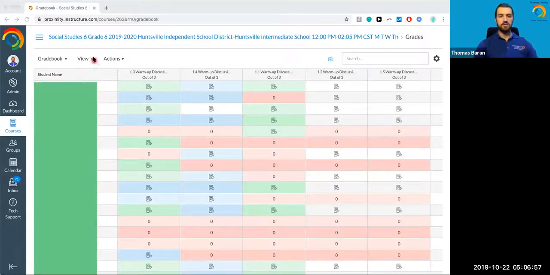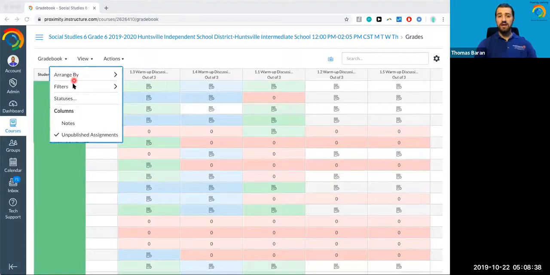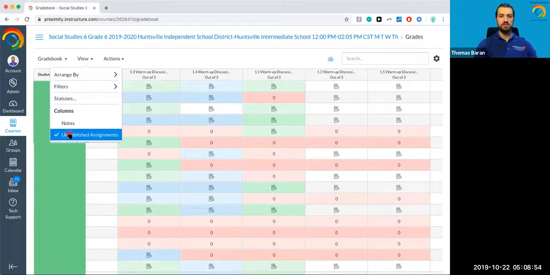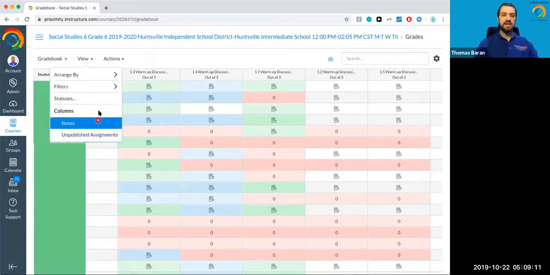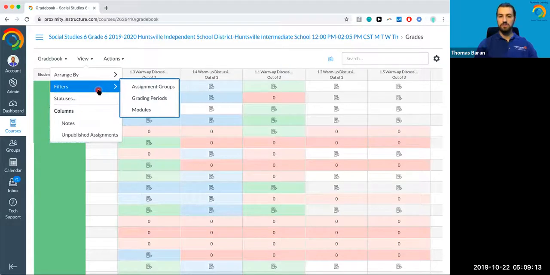First, you're going to click View. That will drop down a bar like this, and you want to make sure Unpublished Assignments is unchecked because you don't want to see anything that's in the future that you don't have to deal with yet, or that your class simply isn't going to cover. So you can click on this to make sure it's unchecked. So now if we click on View again, you see that's unchecked. That's the first step. Second thing is you want to go into Filters,